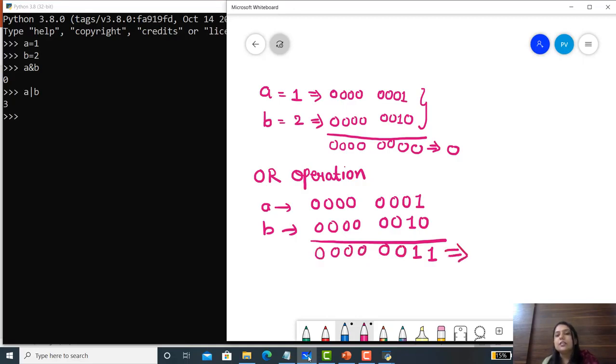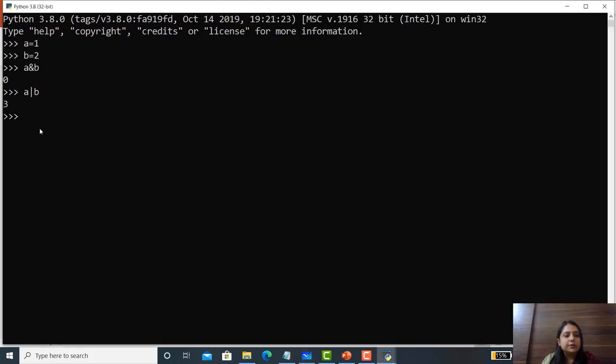If we convert this into decimal, we get 3, because here it is 2 raised to 0 and here it is 2 raised to 1. If you add 2 raised to 0 plus 2 raised to 1, the answer is 3.